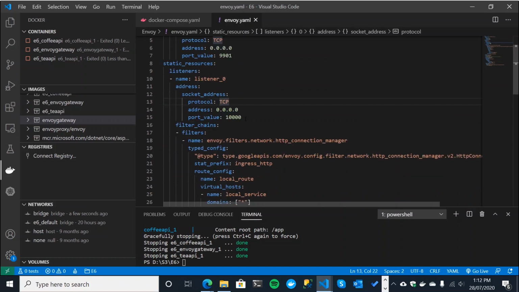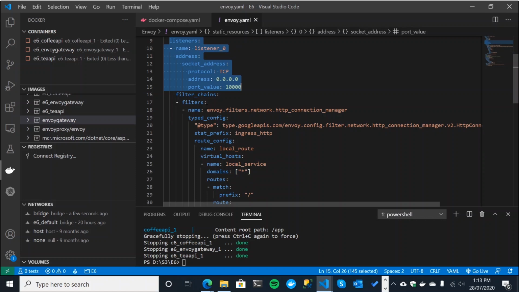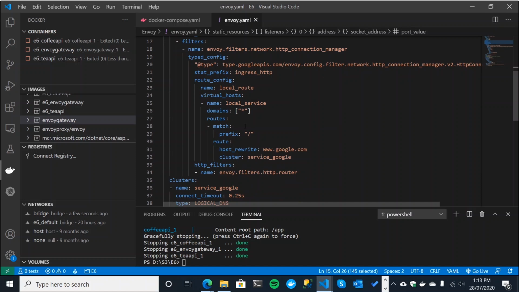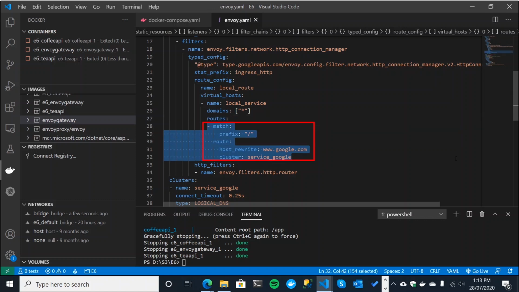Now we're going to come down and just look at our listener. So this is not going to change. We're still going to listen on port 10,000 on any IP address. We're still going to be using HTTP, and that's all fine. So really where we're going to make our changes is to this route here, okay? Or this is our collection of routes, and we're going to make a change to this particular matching